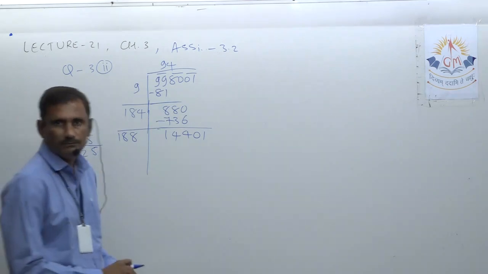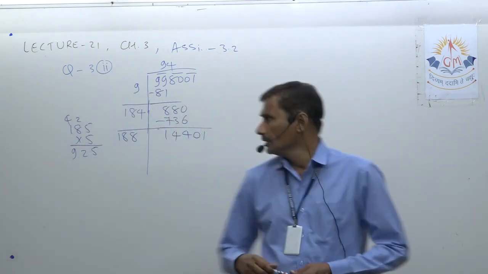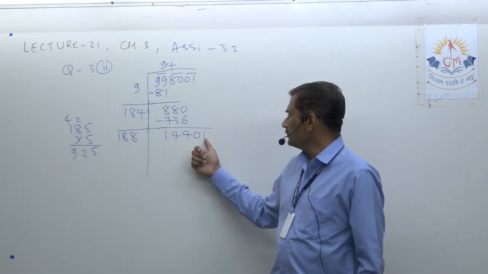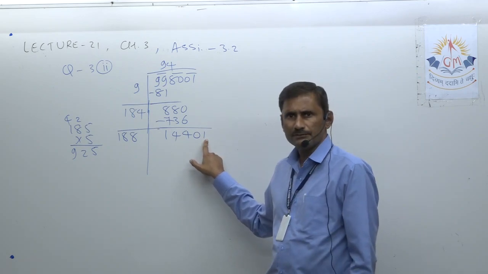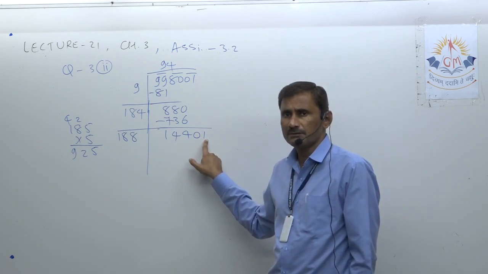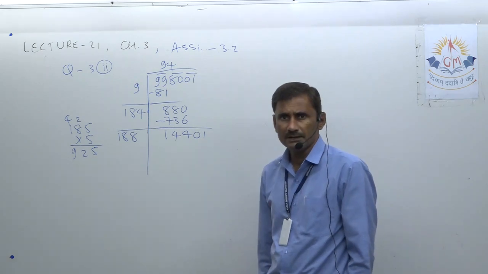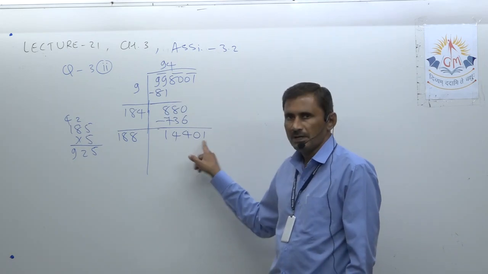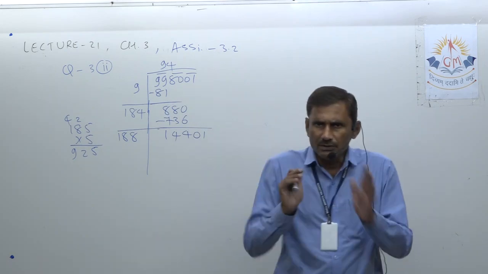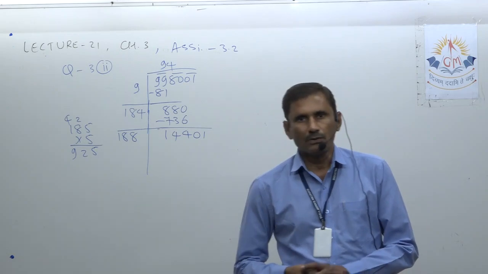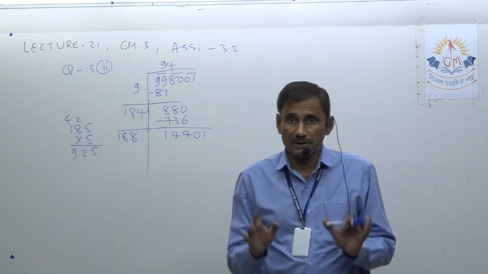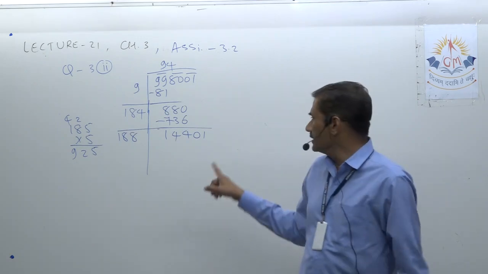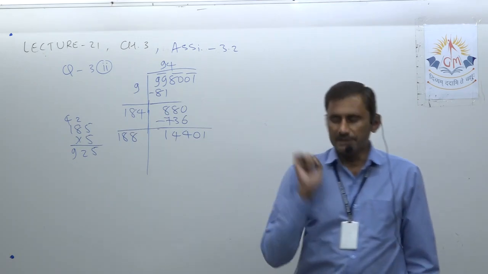Now you just look whether 1881 into 1, 1882 into 2, but you can get somewhat of an idea also from here, because the last digit is 1 here. Actually, I forgot in the previous sum to tell that this is, I think, the last step, no pair left there. And it is a perfect square number, we know, because they clearly told us not to verify whether it is perfect or not. It is 100% perfect, given. We just find the square root only. So obviously here is 1, so the unit digit is 1.